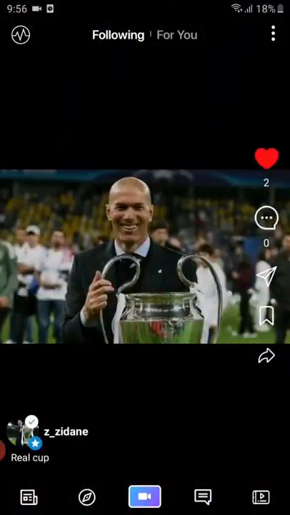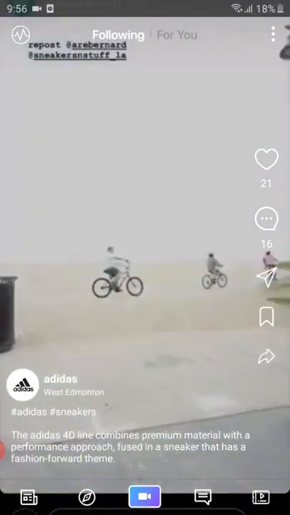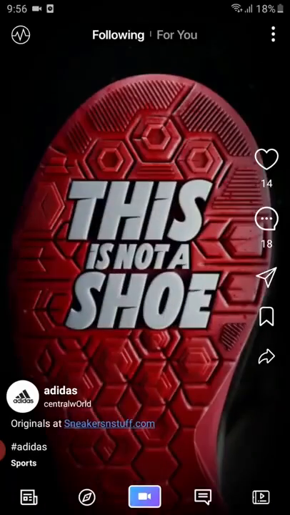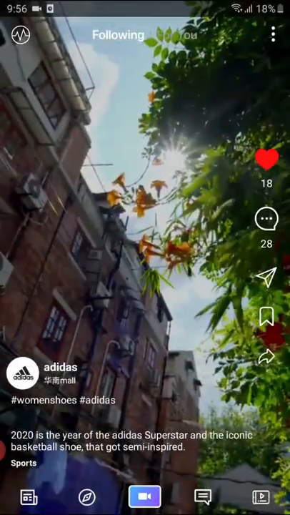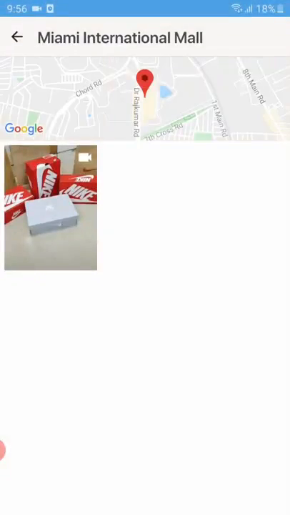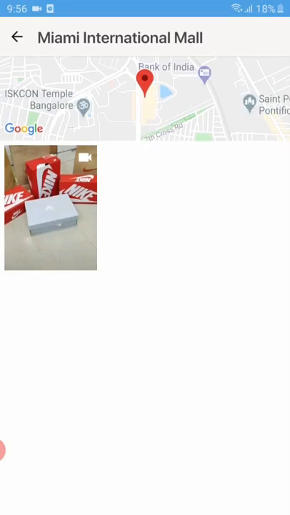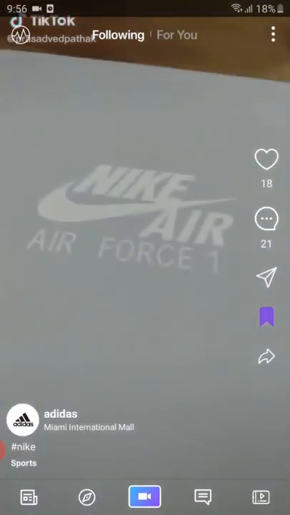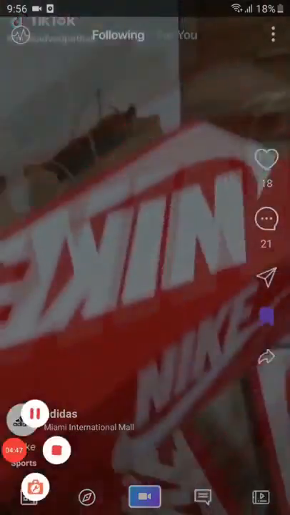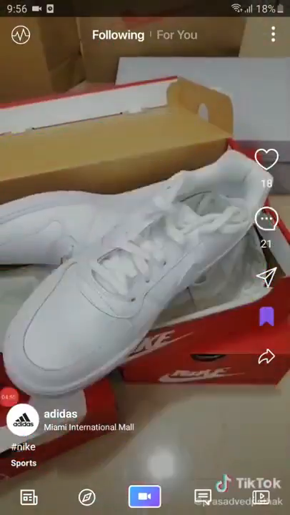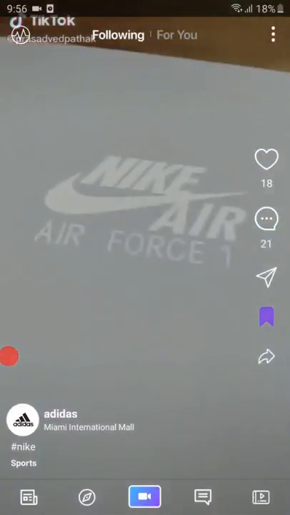Now, there are other things on the app, on the home page. Since this is the most important page of the product, I can always see where these posts are tagged. If I want to see, for example, Miami International Mall, this is where it was tagged. So I can see posts tagged at that location. This is a feature that we have on the product. And we can always click on the Nike hashtag here and see the posts for that hashtag. I can also click on the category and see posts under the sports category. That's another feature that we have on the product.